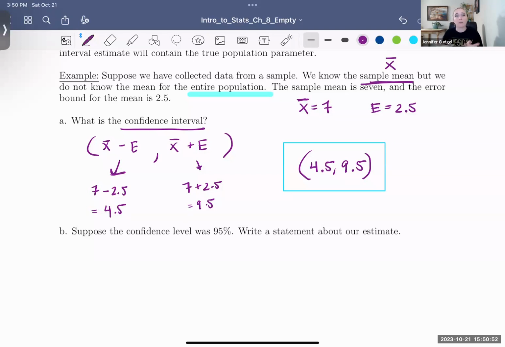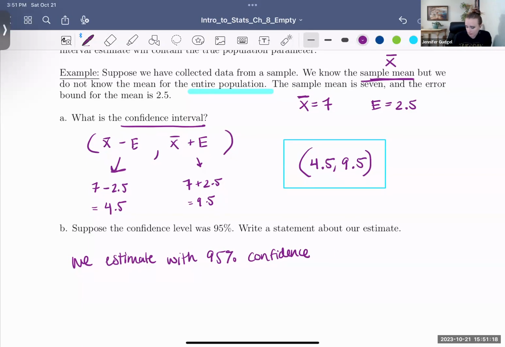So in your summary, in your statement, you should reference the percentage or how confident you are. We can say something like, we estimate with 95% confidence. Another way you can say it is, we are 95% confident that,